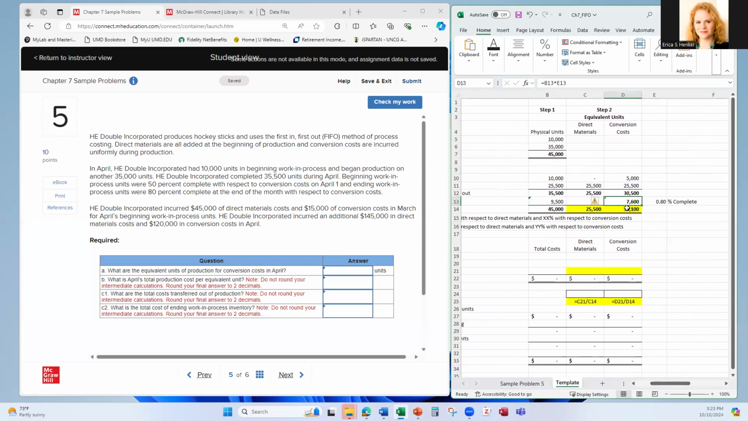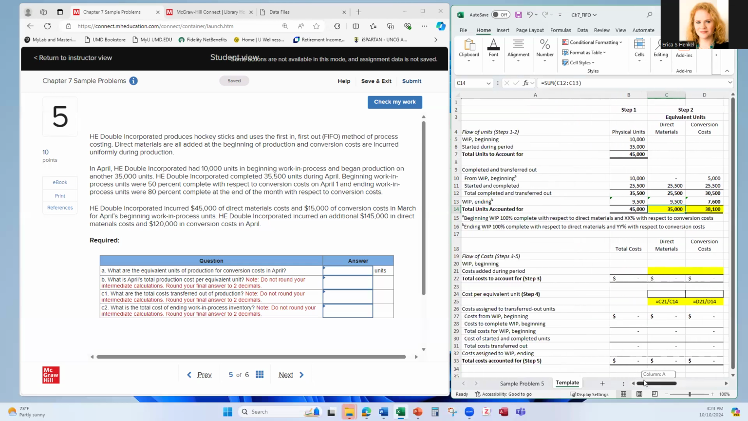So this is set up to calculate your equivalent units for conversion costs, and it does have 0.8 in there already from when I did it before. So if you're doing another problem, make sure you update the percentage complete there. And then these ones would be fully complete for direct materials because they were started into production during the period. So we have 35,000 equivalent units then for